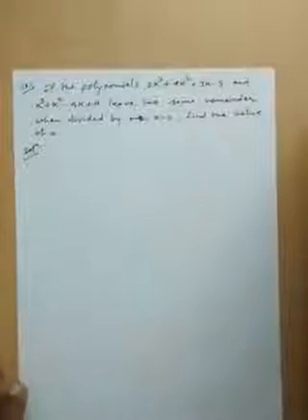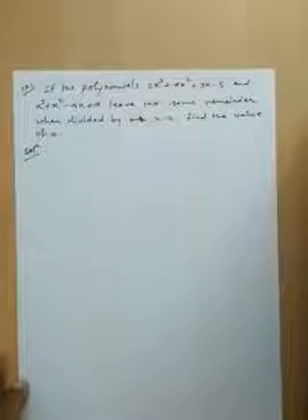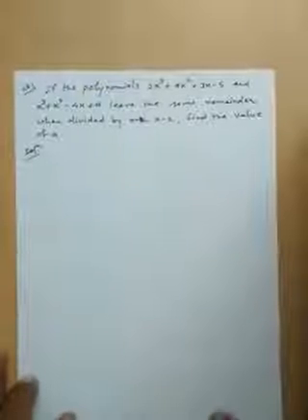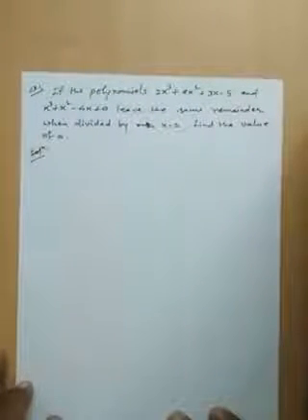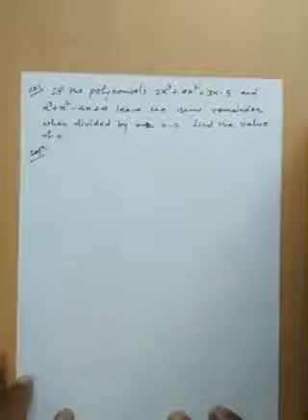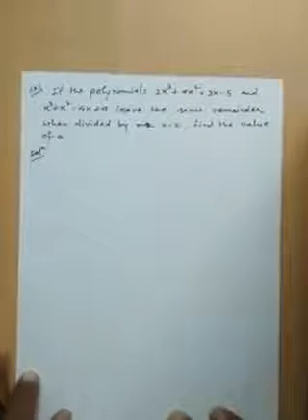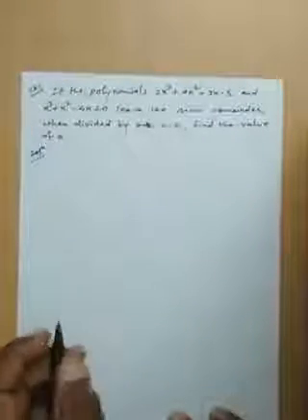Let's switch to the practice of the remainder theorem and factor theorem. In both theorems, we can find remainders. But in the remainder theorem, the remainder may or may not be 0, whereas in the use of the factor theorem, the remainder must be 0. We will take the first question.